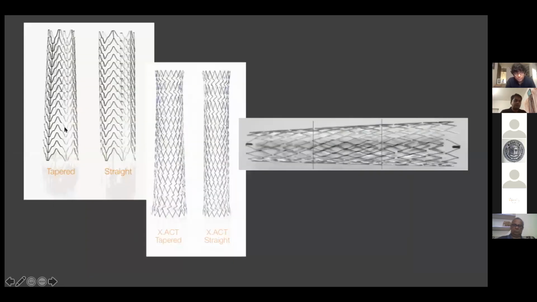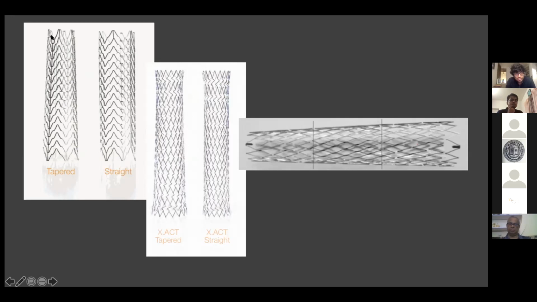So this is the difference. You can see that this is, for instance, Abbott, which manufactures both. This is the AccuLink, which is the open cell stent, which you can see basically has rows of the stent with just 3 strategically placed vertical elements. This is an open cell. You can see there's much more openness in the cells, and these are closed cell stents. You can see that this is AccuLink, which is their open cell stent, and this is Exact, which is their closed cell stent. Both of them come in straight and tapered configurations.